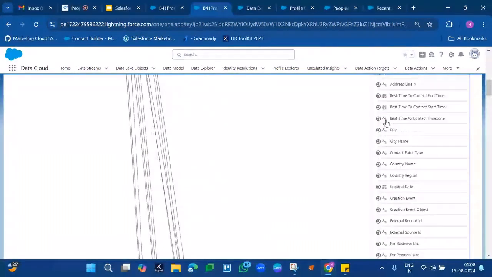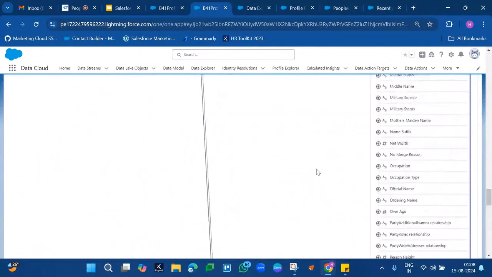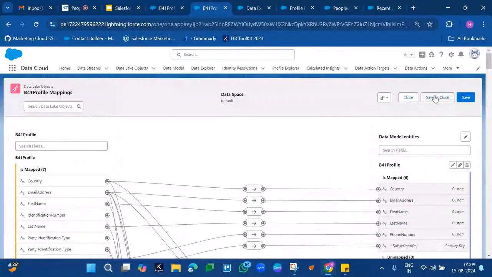So here we have mapped data to the party identification DMO, and this has completed our data